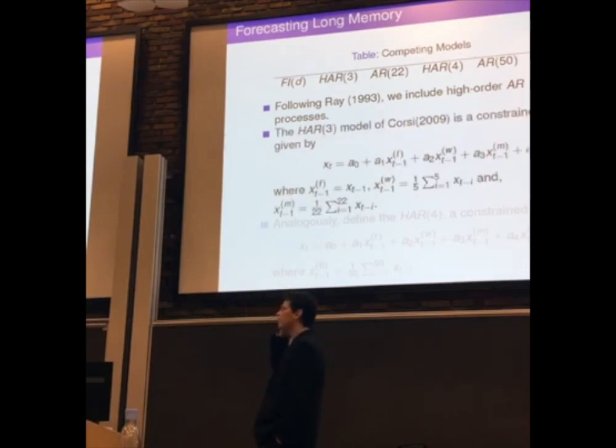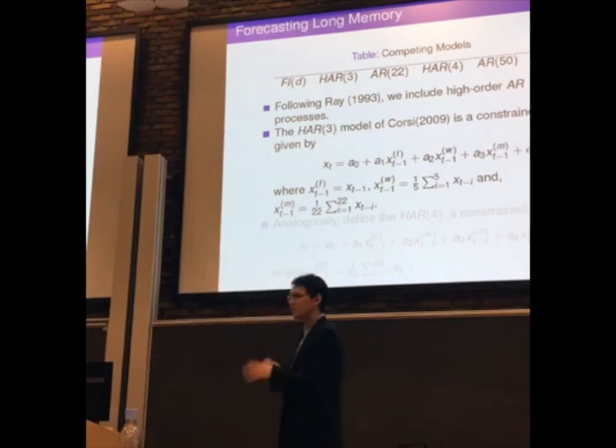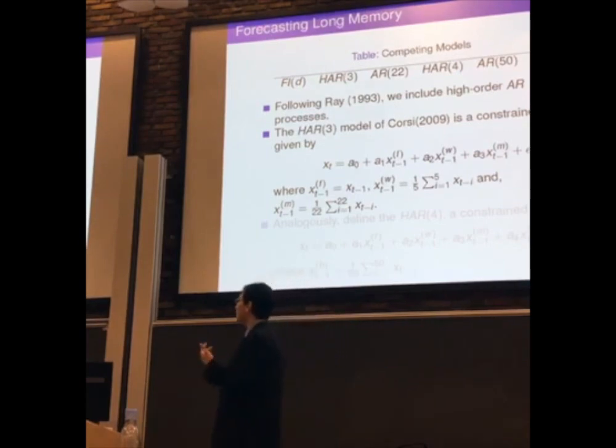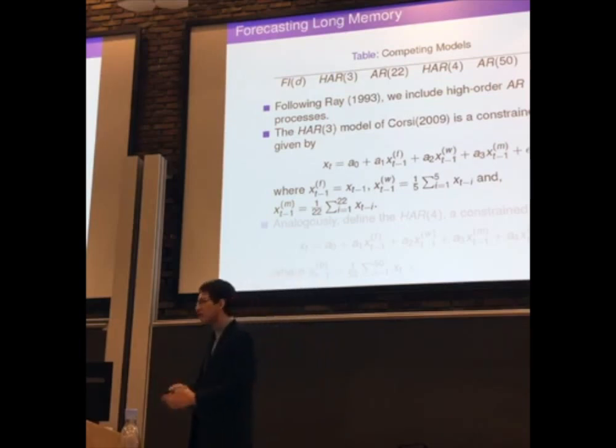And then we also consider the heterogeneous autoregressive model of Corsi. So it's a constrained AR22, and this is mainly in a finance context, I would say. So it's an AR22 in a particular manner. What Corsi said is we have agents that respond to changes daily, so they want to update their positions on a daily basis. So they are, I would say, the fast component of those processes. So they want to update daily.